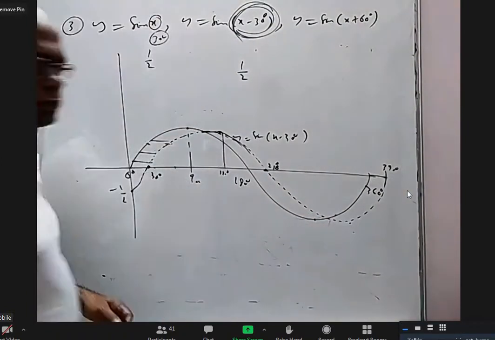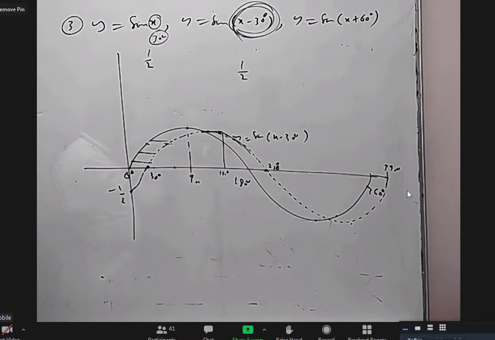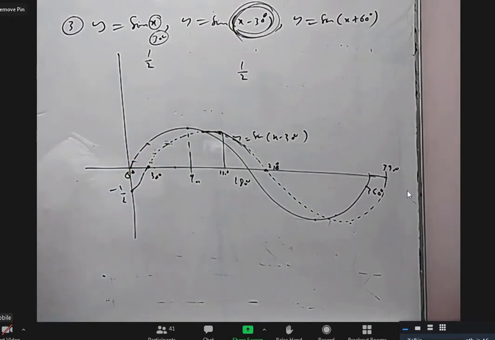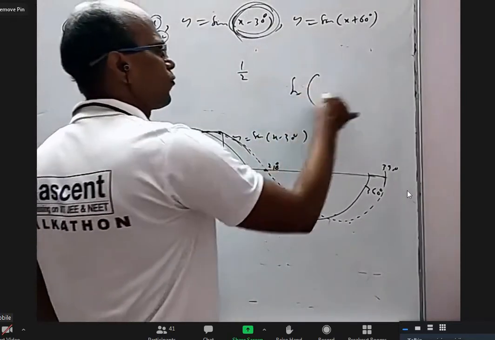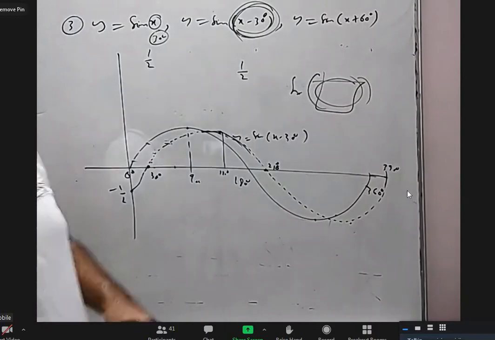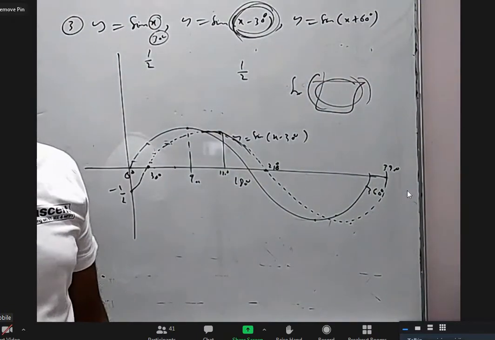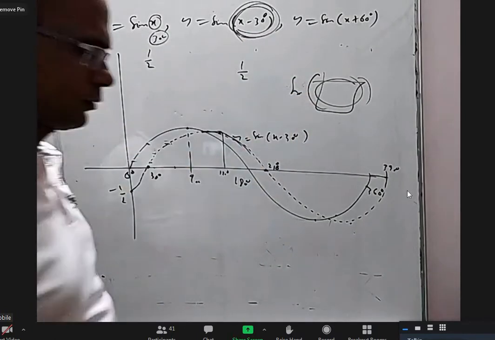Equate the y coordinates, we are moving 30 degrees horizontally. No, sir. Yes, you are right. Yes, Hemant, what is your doubt? Is it clear? Sir, will the maximum and minimum values be the same? Same. So not sin x minus 30. Sin of what is there, don't even see. It is a black box. We don't know what it is. Who cares? Sin of whatever you take, maximum value will be 1, minimum value will be minus 1, right? Yes. Whether it is x or 2x or 100x or 1000x plus 30, it doesn't matter.